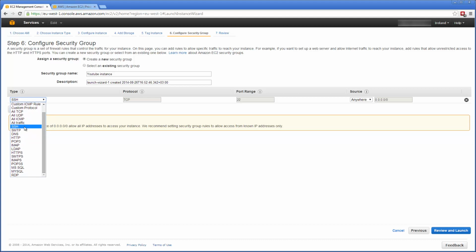So SSH is always wanted or needed. You can select which protocol it is if you use the custom protocol or custom ICMP rule, but SSH uses the TCP protocol and it uses port number 22. On the source section here, you can select where the access is from. By default it's anywhere, so any IP address in the world can access your server